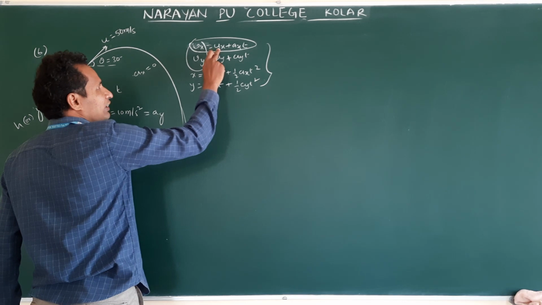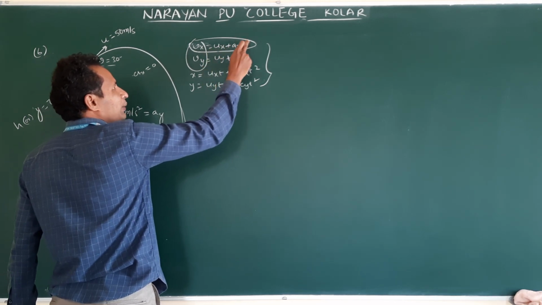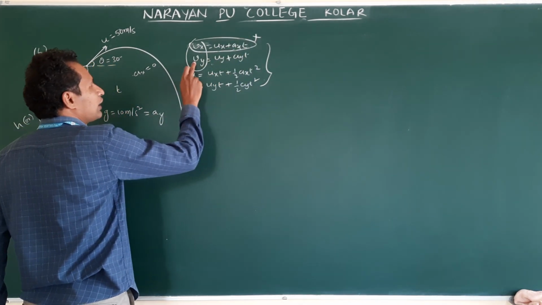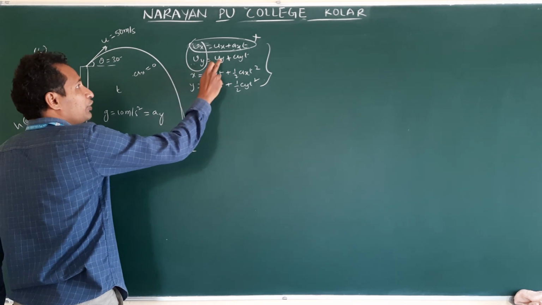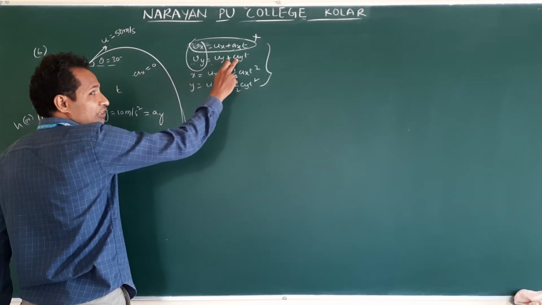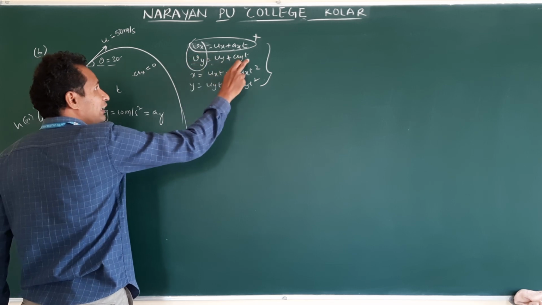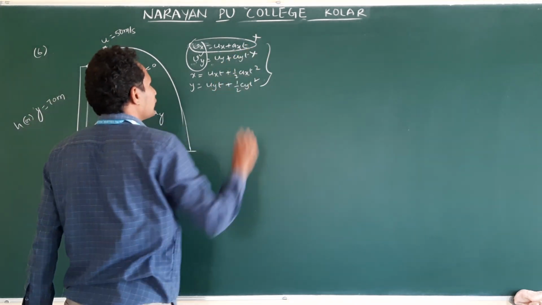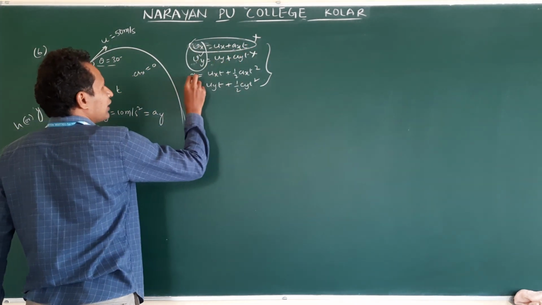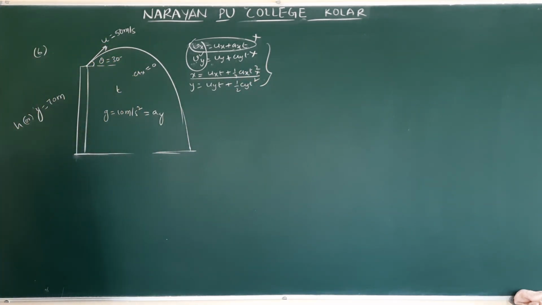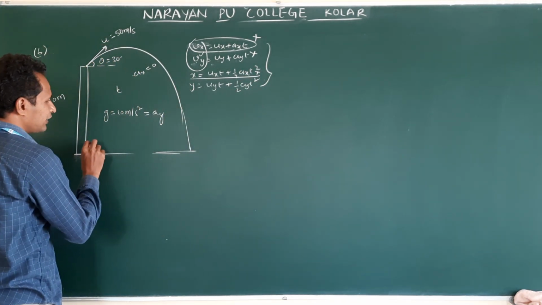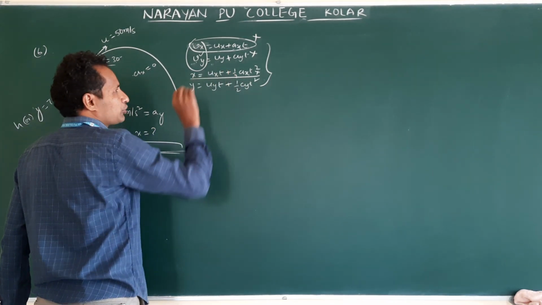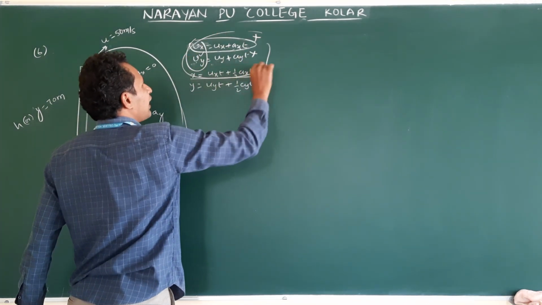We know the initial velocity, but there is no acceleration, so the time term will become 0 because 0 into t. So this does not help. If we go to this equation, we do not know the final velocity, they did not give it. We know the initial velocity, we know g also, ay also. But to find t, we need to know vy. Did they provide it? Not provided. So this is also not suitable. Here the x direction does not help, here also the x direction does not help, because did they mention the x distance? This x is not given. If they provide it, then we can use it. So our first three do not help.